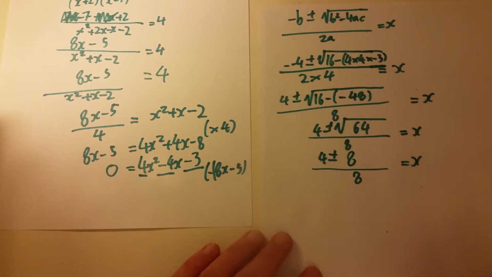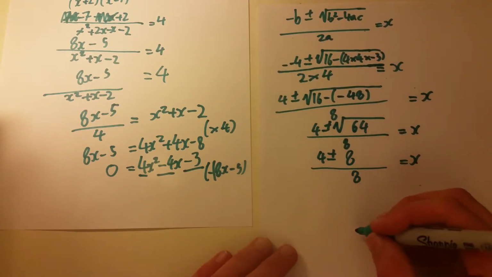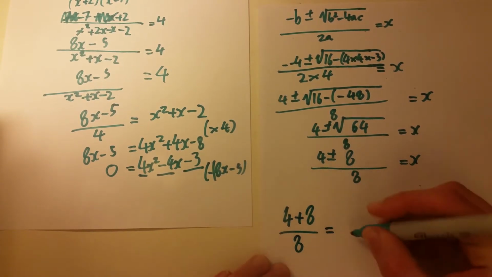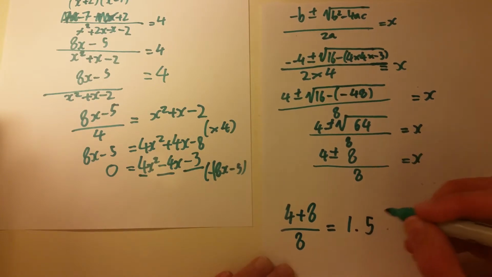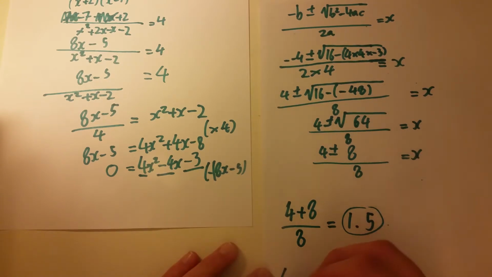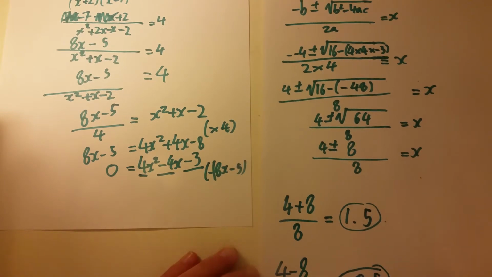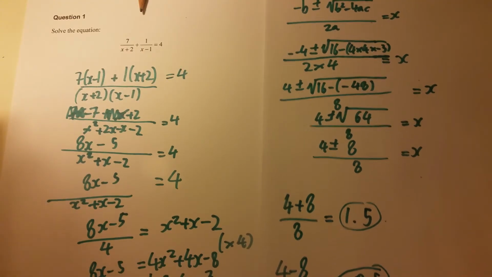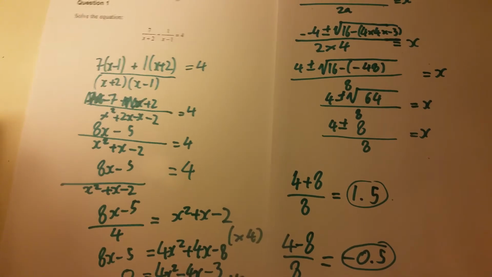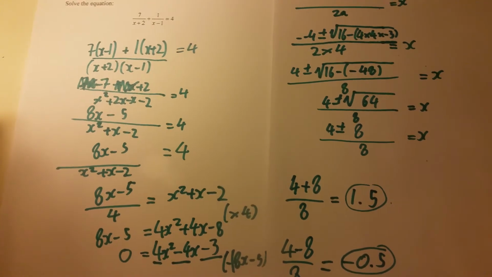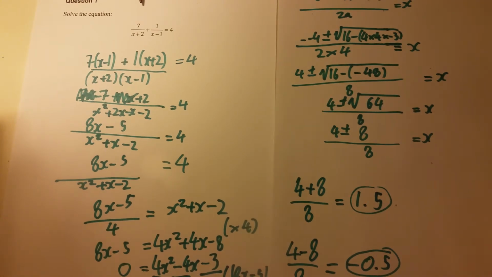So to find our two x values, we need to do 4 plus 8 divided by 8, which is equal to 1.5. So that's one of our x values, and the other x value would be 4 minus 8 divided by 8, which should be minus 0.5. And those are our two x values, and that's our answer to question 1. Feel free to mark your work and see where you went wrong and learn from it. So moving on to question 2,